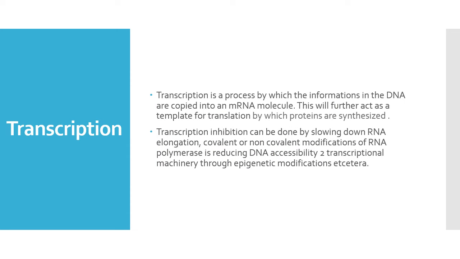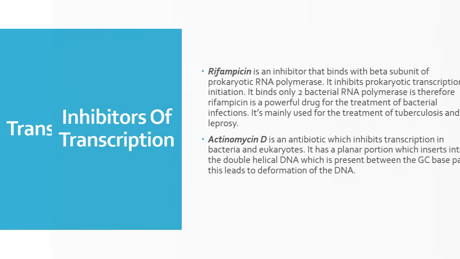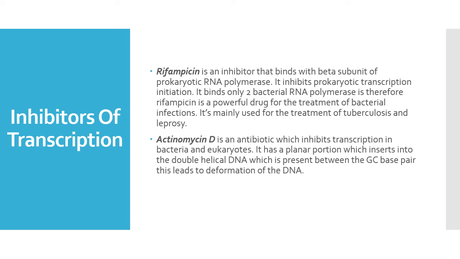Transcription. This is a process by which the information present in the DNA is copied into an mRNA molecule. This copied information will further act as a template for translation, by which proteins are synthesized. Transcription inhibition can be done either by slowing down RNA elongation or by covalent or non-covalent modification of RNA polymerase. Some of the inhibitors of transcription are